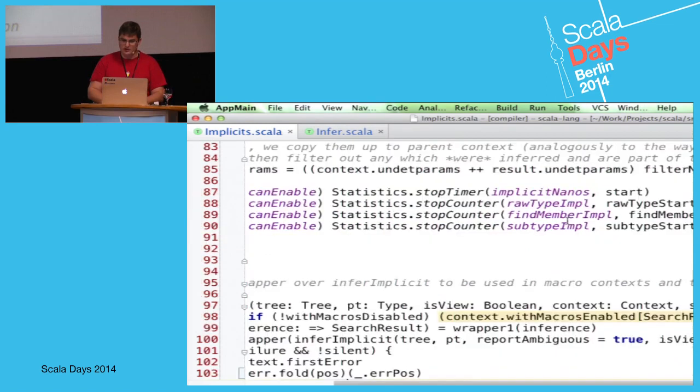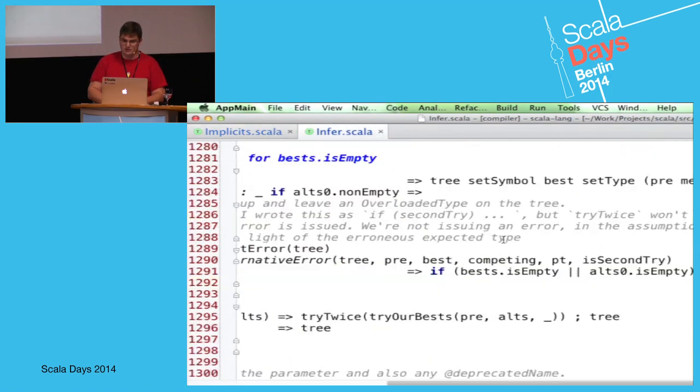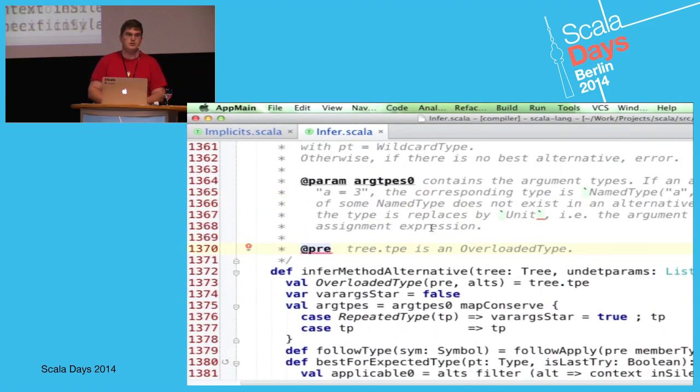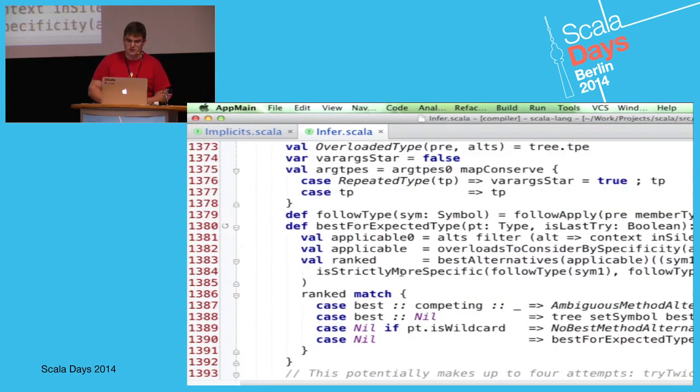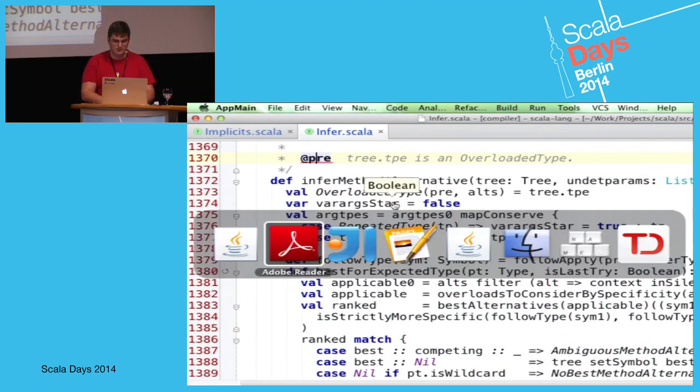And also, as you can see, for example, this infer method is almost green except for a few Scaladoc inspections, which are actually, I'm not sure whether it's right or wrong, but it doesn't relate to your code. It inspects your Scaladocs.